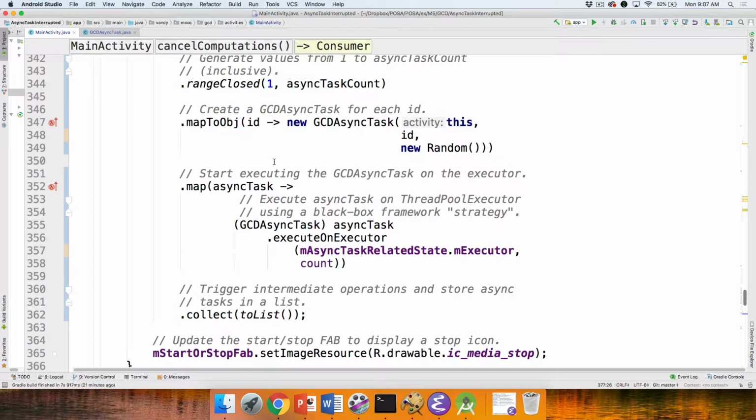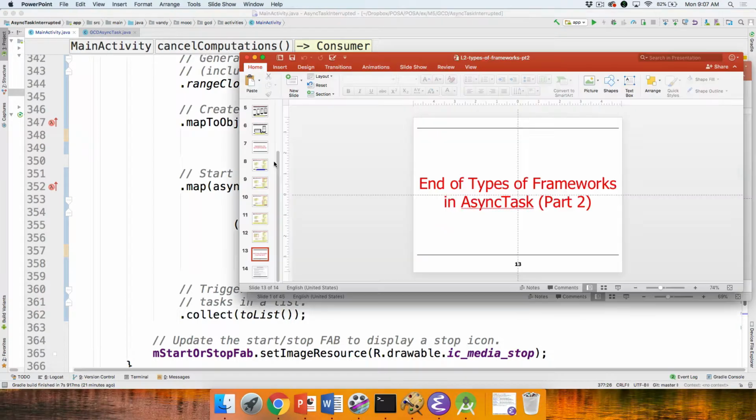Great question. So the question here is, how does AsyncTask work? And I'll answer that in just a second. Any other questions about the example? OK, so let us